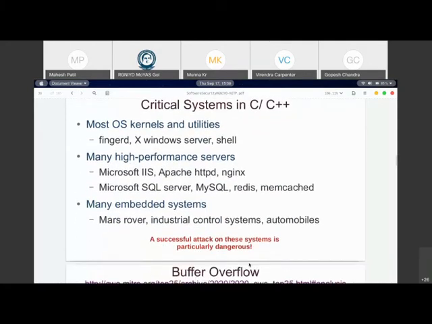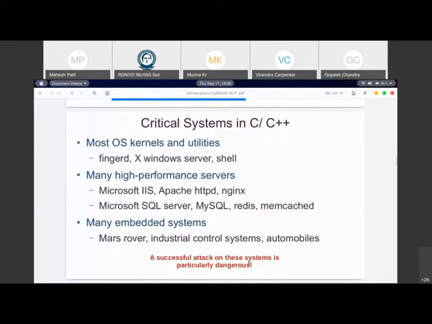So you might be wondering why he's talking about C, C++. Today almost everything still survives on C, C++, though you have languages like Java, Python, Ruby, or JavaScript on the higher side. But whenever it comes to critical systems, which include even your operating system kernels, even today they are written in C and C++.